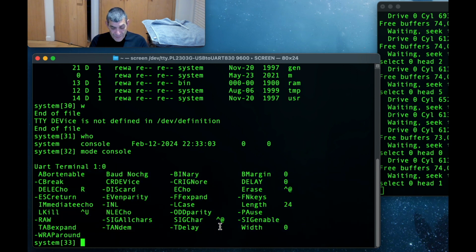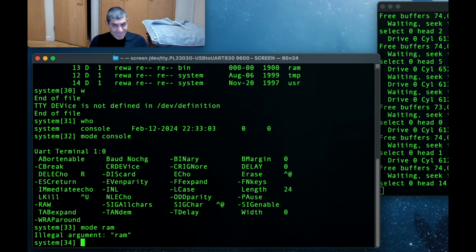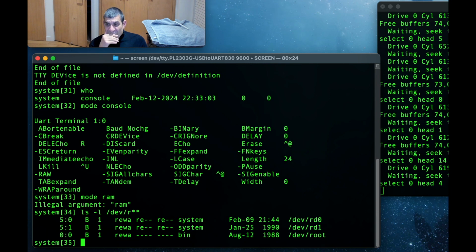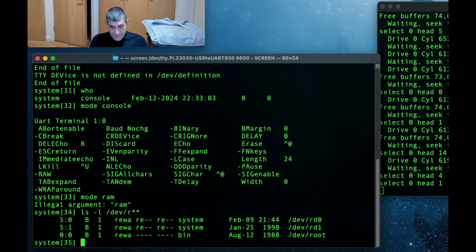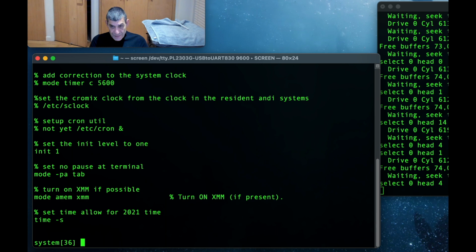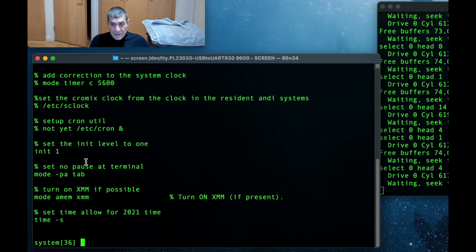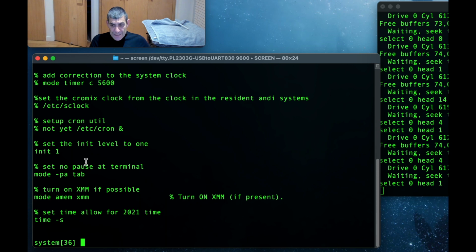And similarly, I think if I do mode of RAM, because that's a device, will it show me the RAM device? ls -l of /dev/. RAM disk 0, yes. So if I do type of the /etc/startup.cmd file, which is this logon file, you'll see that to start this system, more of /etc/startup.cmd,